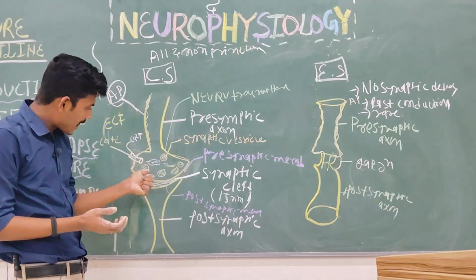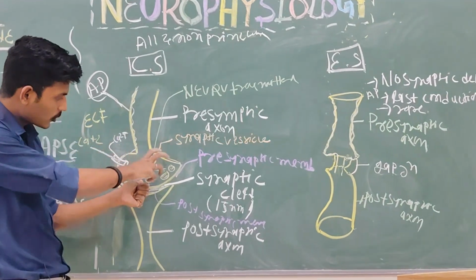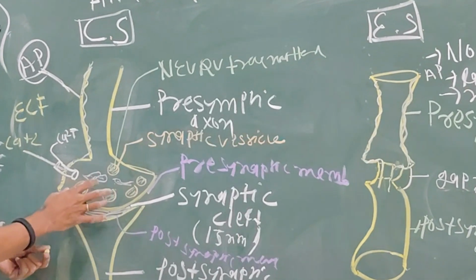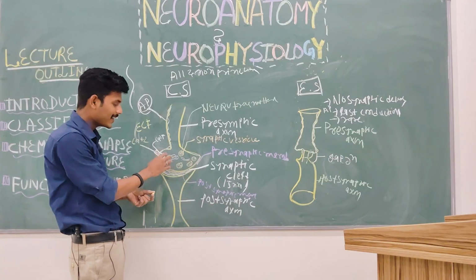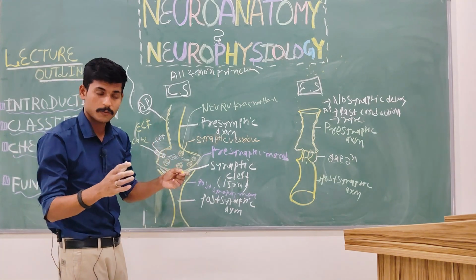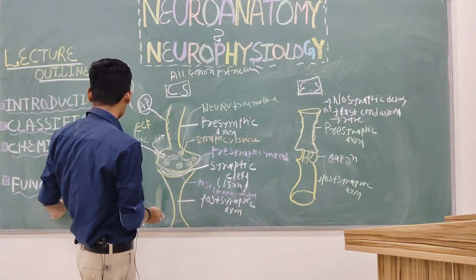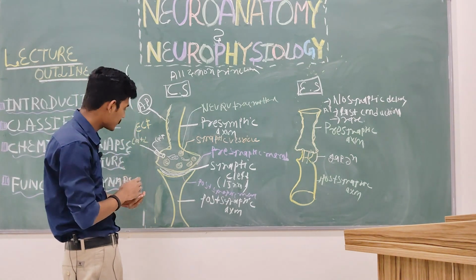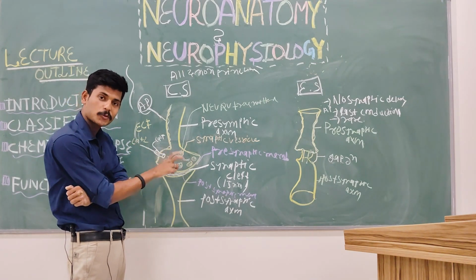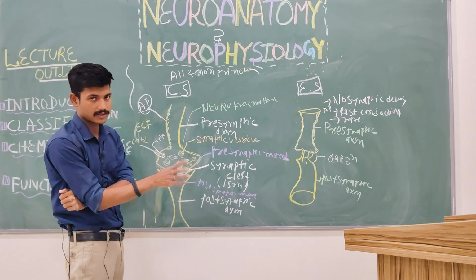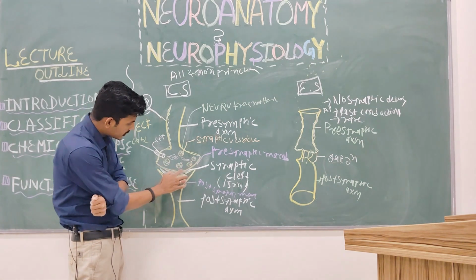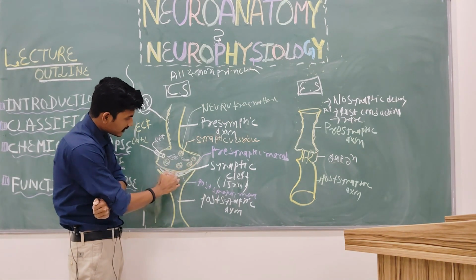Once the calcium enters the axonal ending, it stimulates these vesicles, and there is exocytosis of these vesicles, a rupture of those vesicles and release of neurotransmitters. Now there is a proper story, which we will discuss in the second part of this lecture. For a while, just understand that this is calcium-mediated exocytosis of synaptic vesicles. Fine. Now if they break, they bind with the presynaptic membrane first,